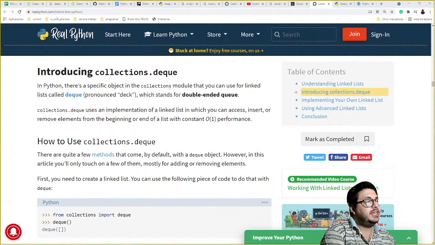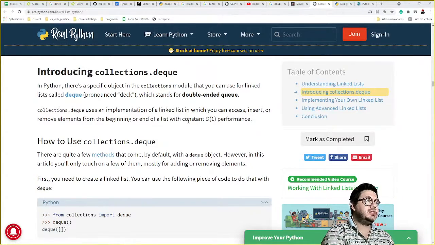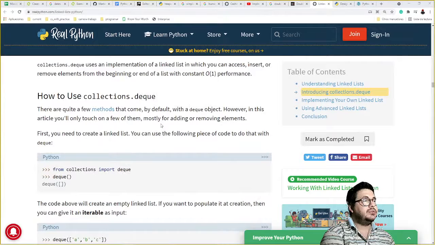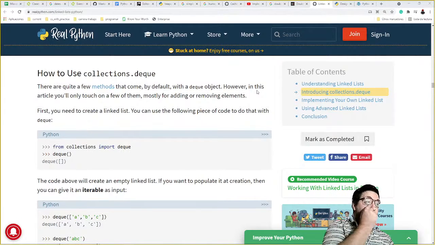The specific object in the collections module that you can use for a linked list is called deque, which stands for double-ended queue, so that's a doubly linked list, which can access, insert, or remove elements from the beginning or the end of a list. There are quite a few methods that come by default with a deque object. However, in this article, you'll only touch on a few of them.